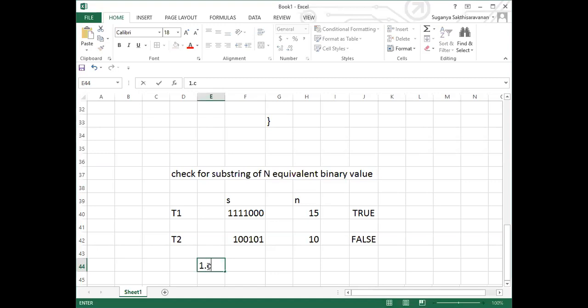Okay, your first step is convert decimal to binary. That is done. So by using this decimal to binary, this binary will be of integer type. Then the second step is to typecast the binary value, whatever you got, to string type.